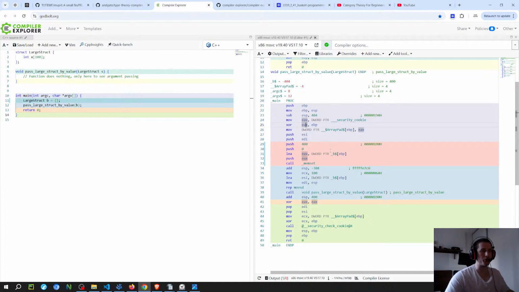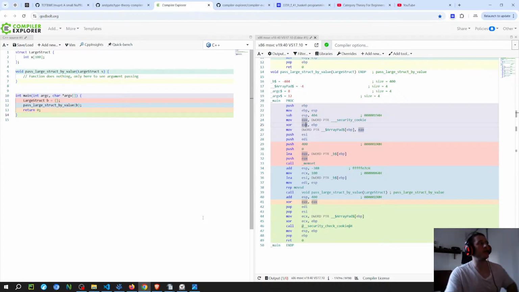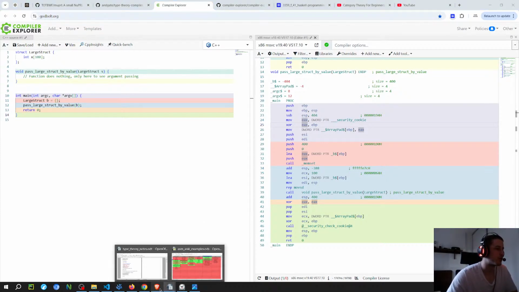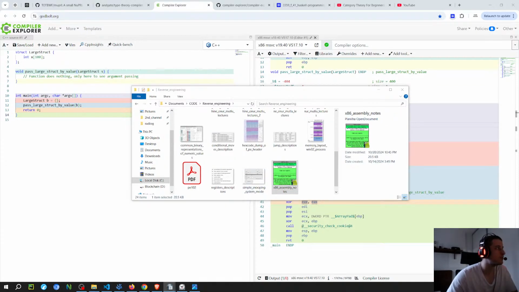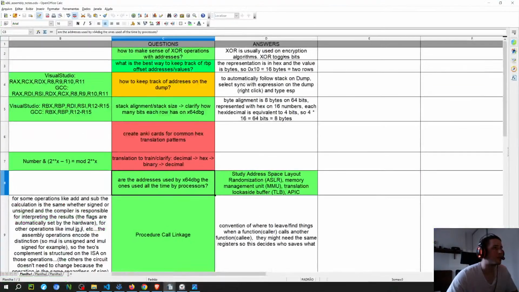So the XOR usually is going to be used for encryption, based on what I've seen. It is used in encryption algorithms. I don't remember where I took the note, but maybe it's here, this folder. I think it is here. Yeah, XOR is usually used in encryption algorithms,